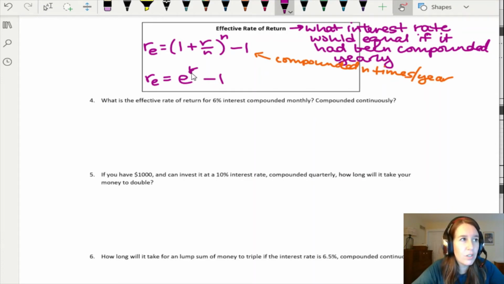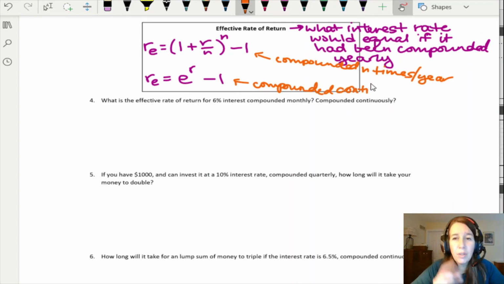So it's, of course, r, and let me erase that and write a better r for you while we're at it. This is for compounded continuously. This will convert it into just compounded once annually. All right. So for example, what is the effective rate of return for 6% interest compounded monthly